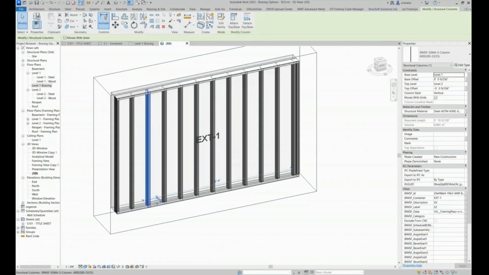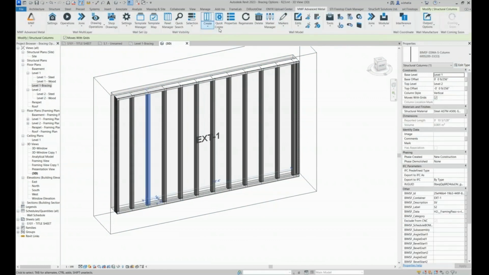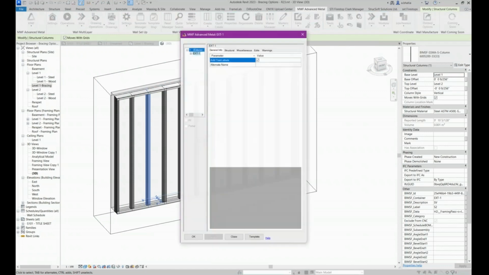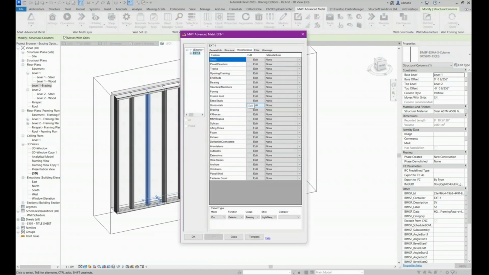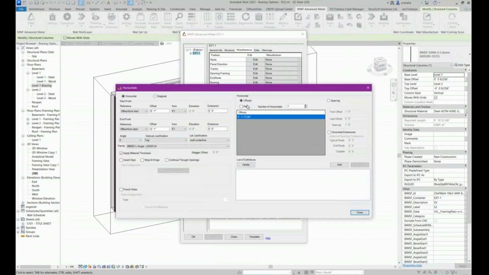So let's click on any of the members here. Let's go into properties. We'll go into miscellaneous. And then you'll see there's an option called horizontals here. So we're going to go ahead and hit edit beside that, and we can now add in horizontal bracing. So there's two options here: horizontal or diagonal. We are going to cover horizontal first, and we're going to be adding a continuous horizontal